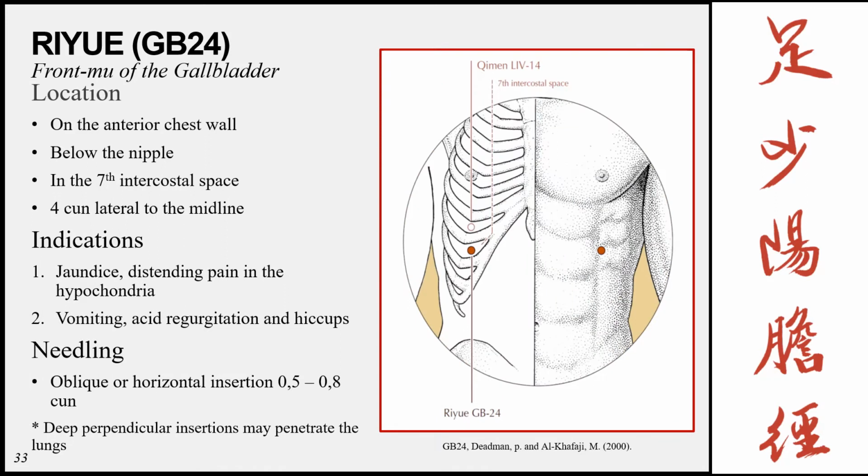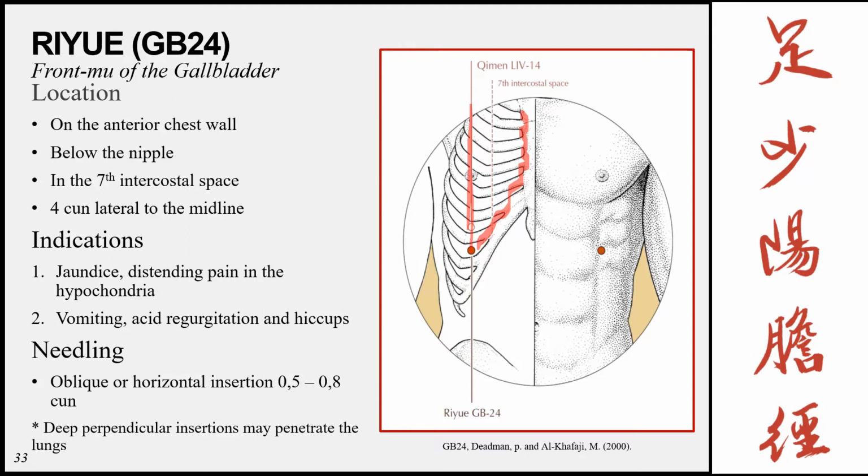The next point is RIYUE, GB24. This point is the front mu of the gallbladder. It is located on the anterior chest wall, so that means it's more on the anterior portion of the body, and it's below the nipple in the 7th intercostal space. So we're going to count down to the 7th intercostal space, and it's 4 tsun lateral to the midline. So that's along this 4 tsun line that runs from the clavicle down along the nipple and all the way